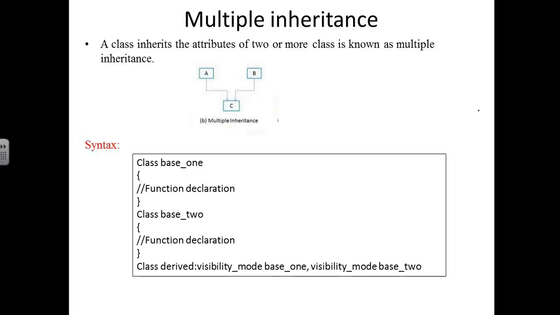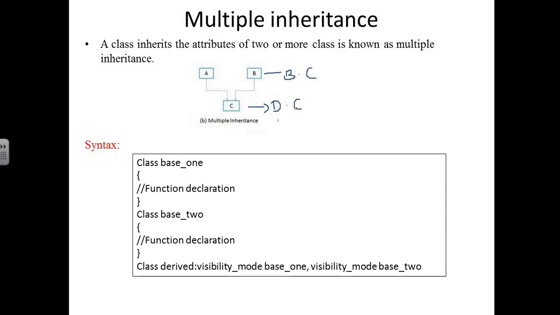Now let us discuss multiple inheritance. The second type of inheritance is multiple inheritance, right? In single inheritance, what we have discussed is that it has a single base class and a single derived class. If it is multiple inheritance, it has two base classes and one derived class. We all know that these two, A and B, are the base classes, and this C is the derived class,